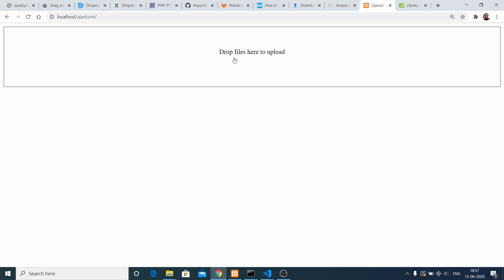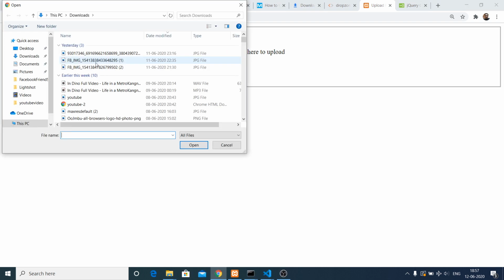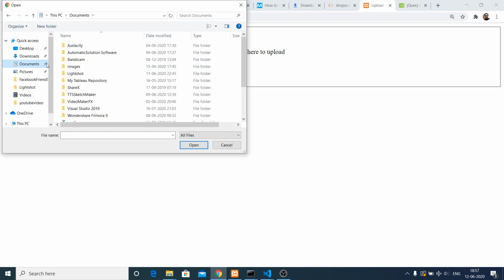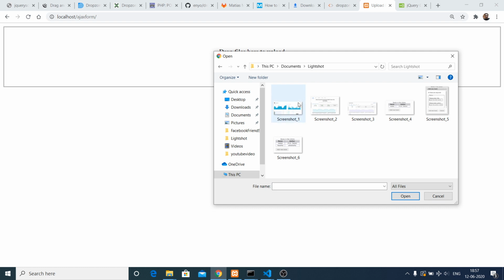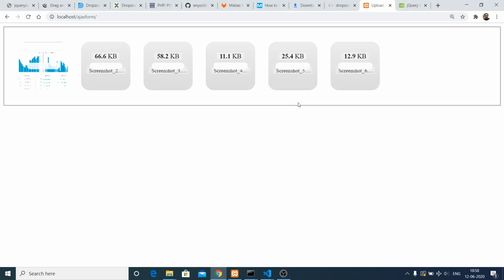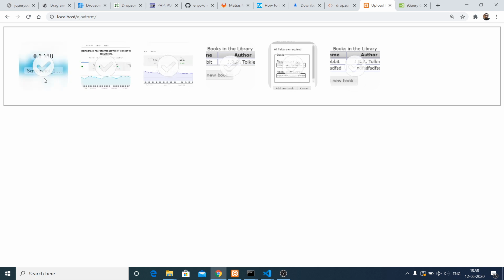You can see that this is a drag and drop. So if I click on this option, it is a drag and drop functionality. So I can just select any sort of image files. So here I can select multiple files. If I select these multiple files and enter, now at the same time with a progress bar, these image files will be uploaded to the directory.